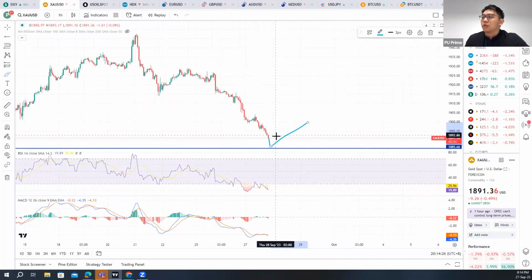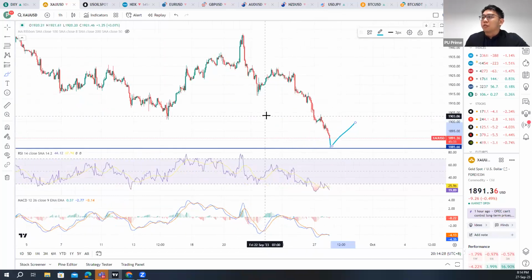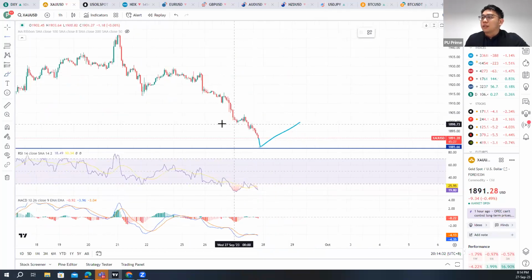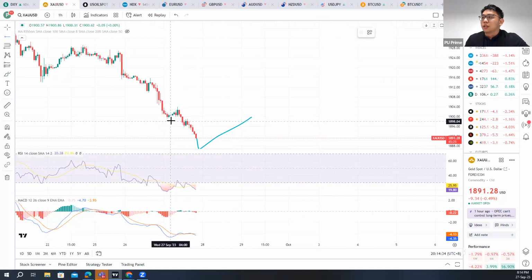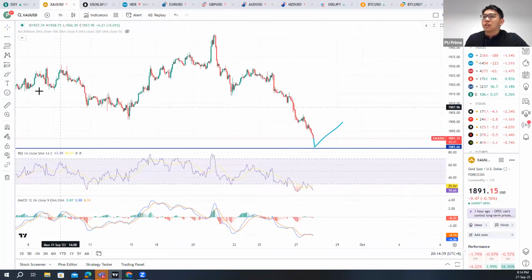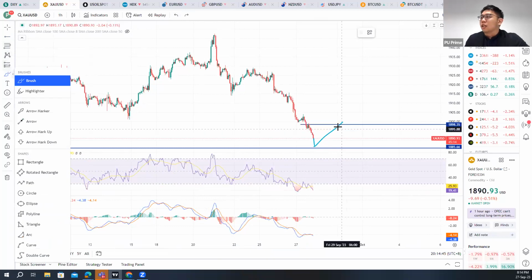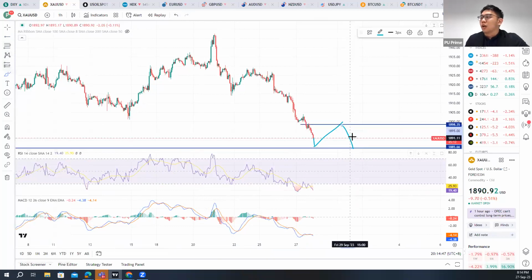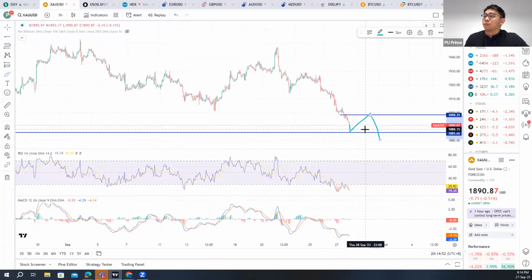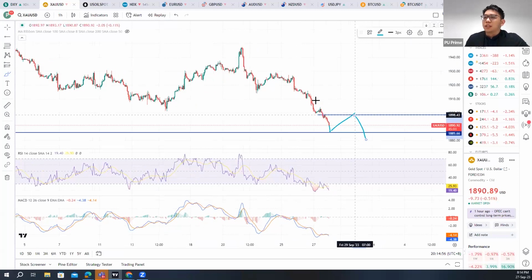Yeah, it's possible. And if not, maybe you can wait for another round, maybe when the gold price rebounds and then reaches here. And from here, we can catch another short position and then continue downwards. So this is technical-wise for you, because overall, we can see that the gold price is actually